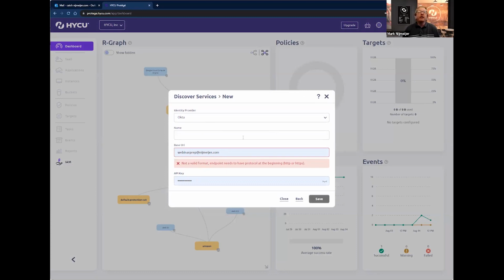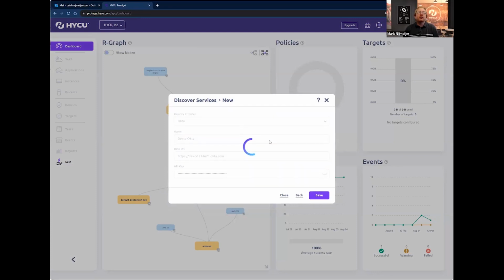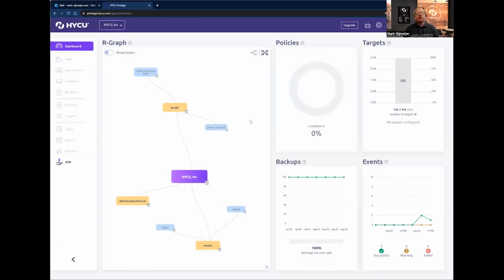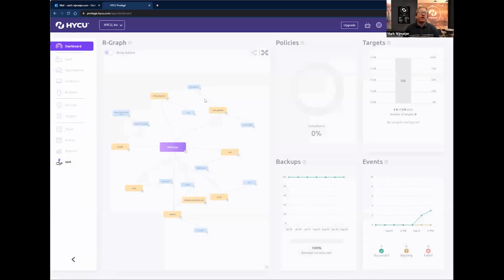We'll give it a name. We'll give it a URL. And we give it the API key that I have already created within Okta. That logs in through a service account into Okta, and then it does a scan of all of the services that we recognize within Okta. So if I do a quick refresh over here, now you can see in our demo environment